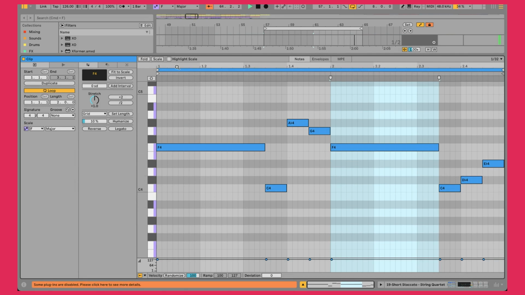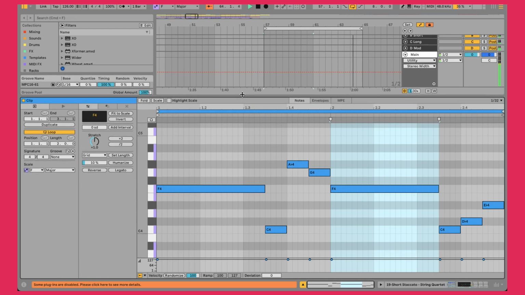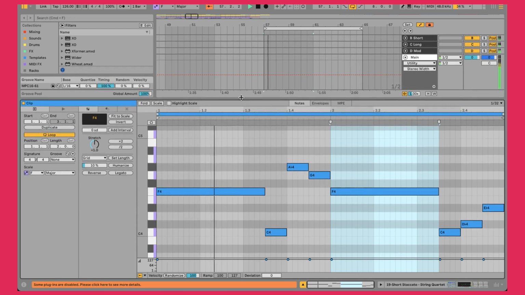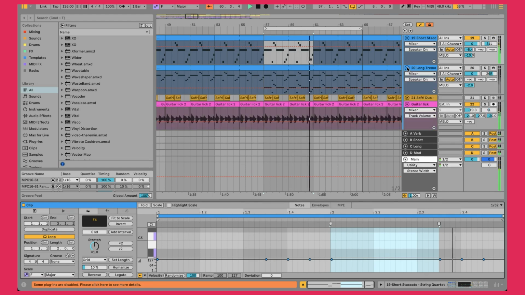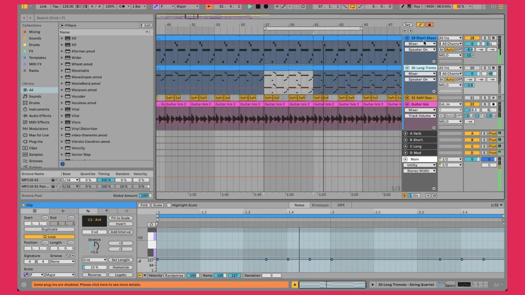Main thing that I usually do in these instances is find the key of the song, so I set it to F major up at the top. That way this is all in scale mode, and then you're basically just picking notes that are in scale and doing a little bit of following your gut. And the more that you do this, the more you can build up your own musician's intuition. You don't need to learn a lot of music theory, but knowing some of it is important, which I can make another video on at some point, maybe the minimum amount of music theory that's needed. That might be useful.